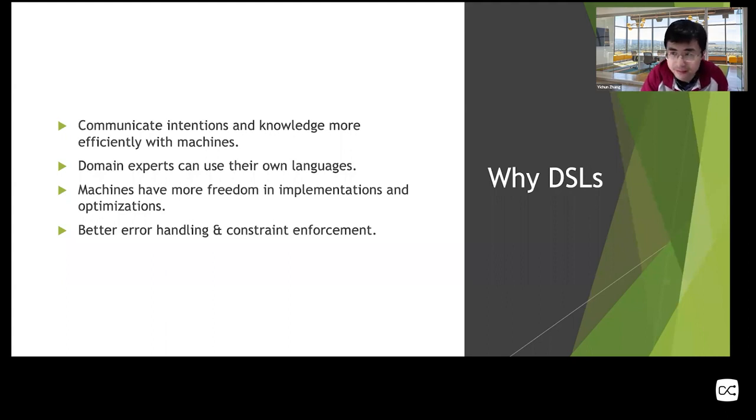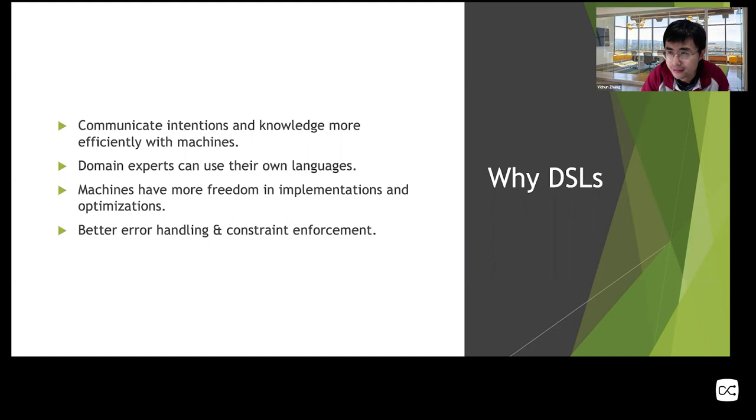Okay, and this is a big topic, and we call it machine coding, one of the machine coding technologies. I won't expand too much here because that's also another big topic. But still, DSL is a very important part of that vision, the machine coding vision.